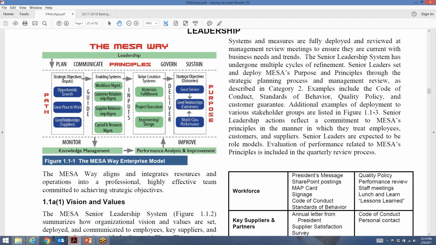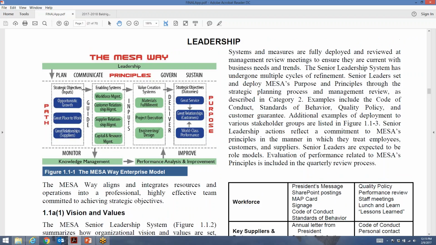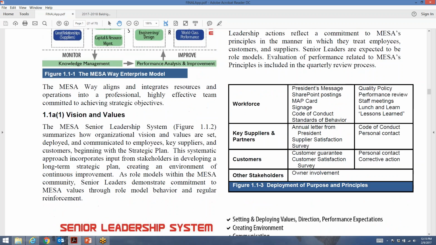Not a requirement, but I think in terms of something that's just going to help you communicate to the examiner team how all the pieces and parts that you're talking about fit together, then all the better. So I'd offer that up, and I'm going to show you how we use that as we go through this application. We started off every category with that and said, hey, I'm about to tell you something, and when I tell you about it, what we're talking about is this piece of the Mesa Way enterprise model. So other than that, it doesn't mean a whole lot.